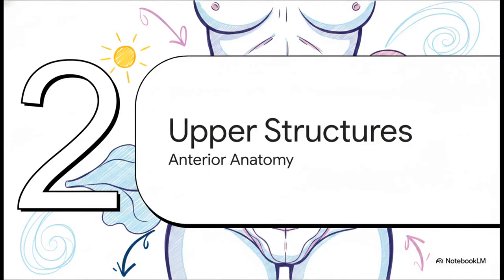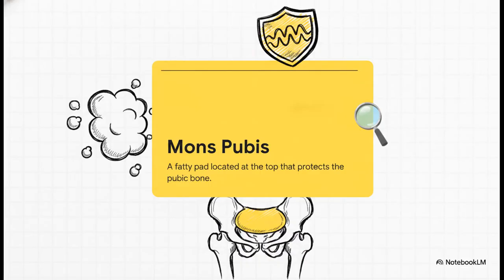Moving on to Section 2, the upper structures, specifically looking at the anterior anatomy. Starting right at the very top, we find the mons pubis. Think of this as a fatty pad located at the most superior aspect. And its primary job? Protection. It specifically acts as a cushion to protect the pubic bone that sits just behind it. When you're mapping this out in your mind during a test, always start at the very top with this protective,